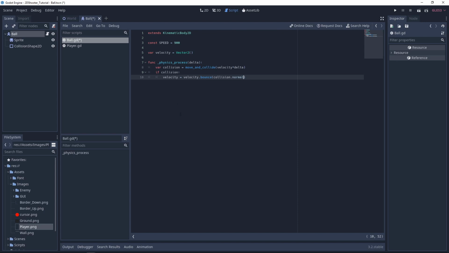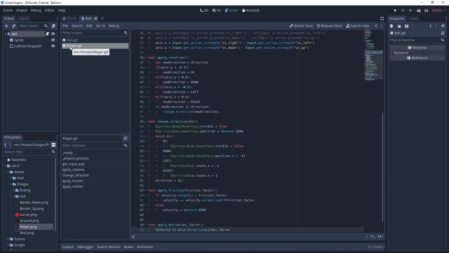Now we want to create a function to set the ball direction. Let's call it set_ball_direction. And we'll simply do velocity equal direction times speed. Let's save this. Now let's go in our player script and we want to spawn an instance of a ball